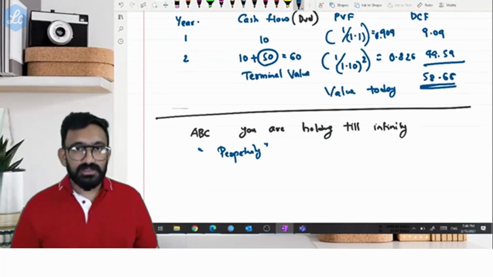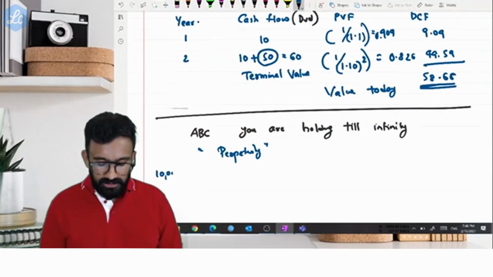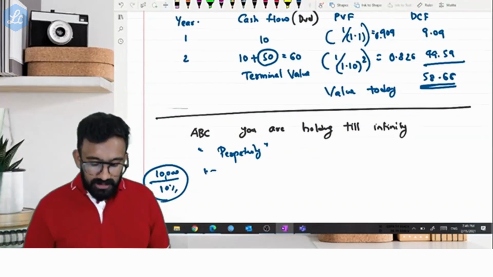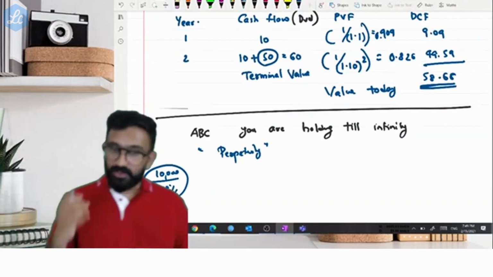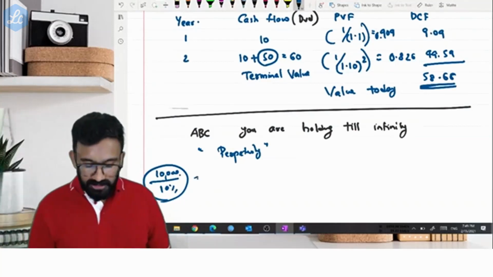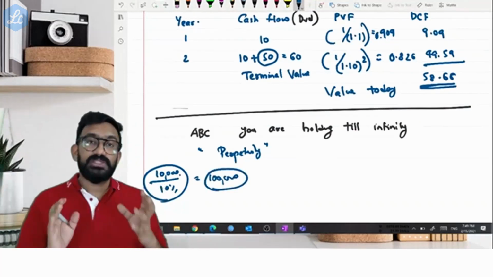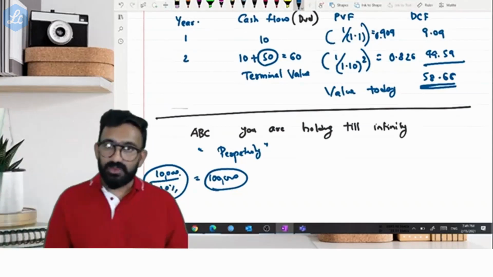How do I compute that particular answer? If I want 10,000 and I'm expecting 10% return, what is the rate, or I? The cash flow that you require divided by I. 10,000 you want and 10% is what you're expecting. So it will be 1 lakh that you have to invest. If you have 10% return promised, and if you invest 1 lakh, every year you're going to get 10,000